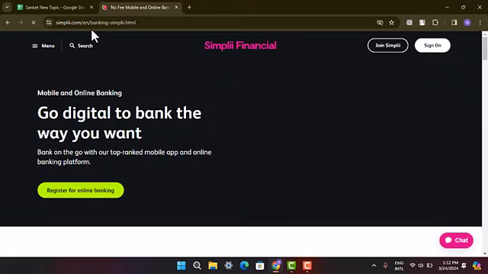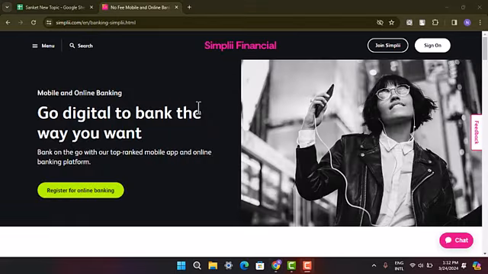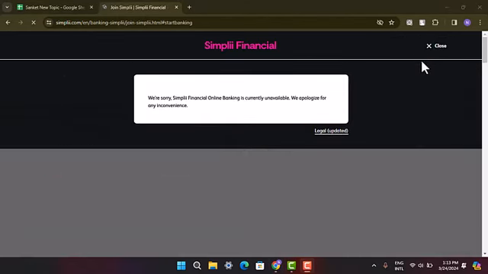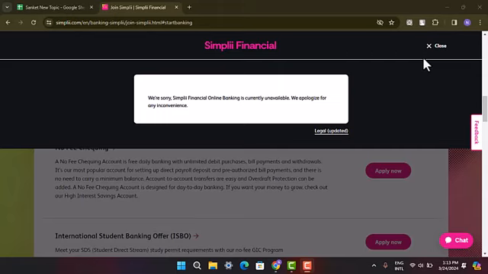So in order to log in, you need to make sure that you already have registered. When you type in simplii.com, it's going to take you to the official web page, which is going to look something like this. While you're on this page, go ahead and select sign on from the top right hand side corner. And when you click on the sign on button, it's going to take you to the other field or a pop-up menu